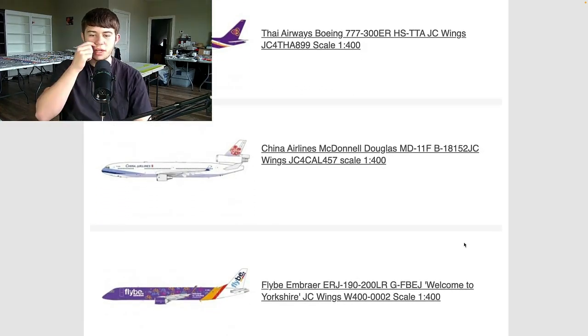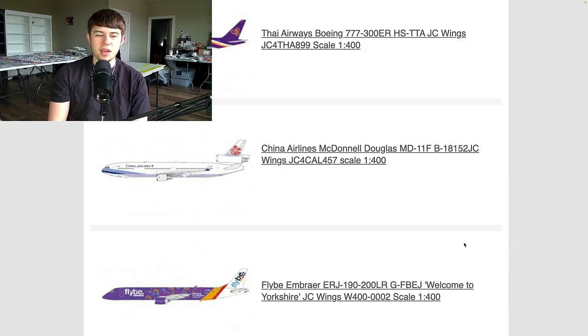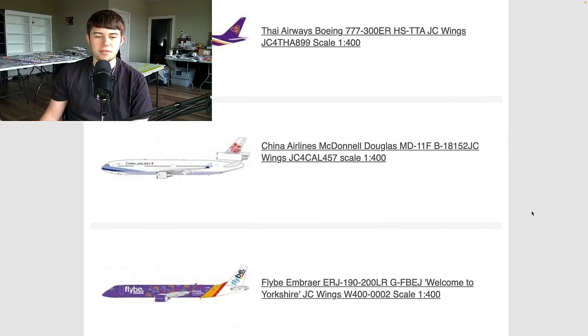Ooh, Flybe Embraer ERJ190-200LR, Gulf Foxtrot Bravo Echo Juliet. Welcome to Yorkshire. I don't know. I'm thinking this was a livery before they revamped. I could be completely wrong on that, but yeah, Flybe certainly had an interesting history, and I hope to dig out a video at some point and learn more about them. I know Aviation 18's talked about it periodically in the past, so I'd certainly love to see what the current latest news is on Flybe, but great